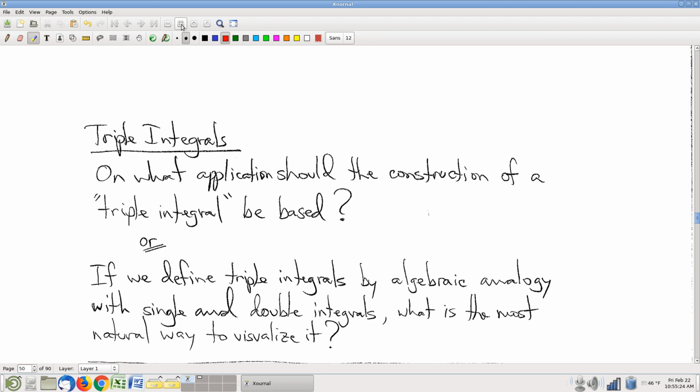Same point with double integrals. Double integrals are Riemann sums. That's the big deal, right? And that will ultimately be the same point about triple integrals. Triple integrals are Riemann sums. And it's really important to think of them that way. Okay. All right. Now that said,